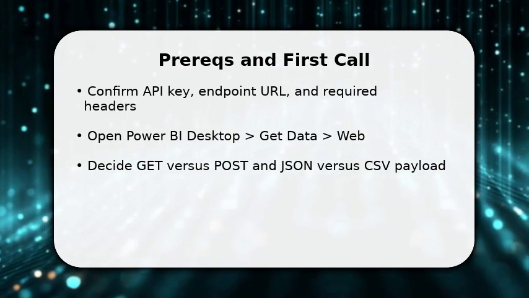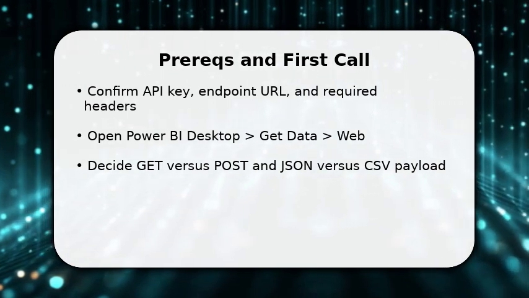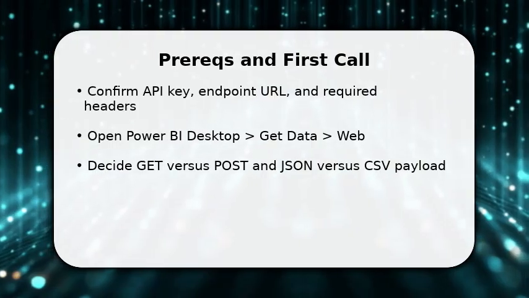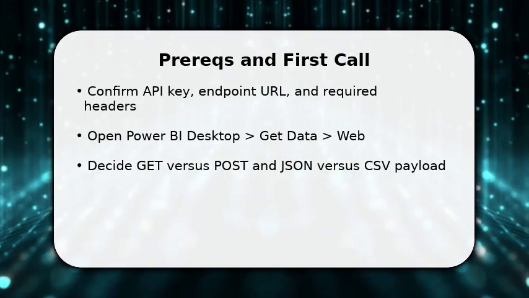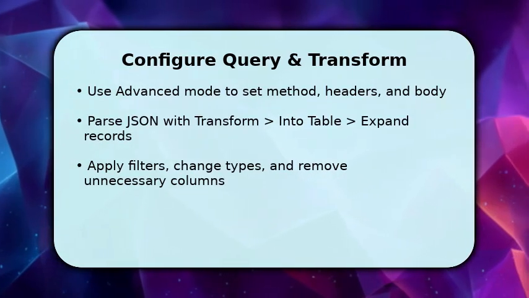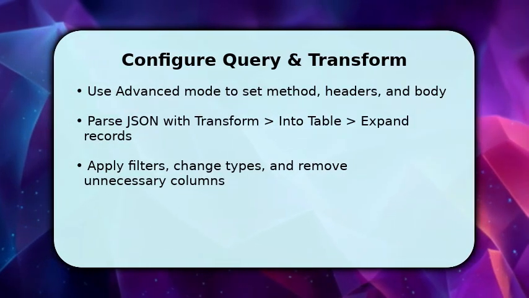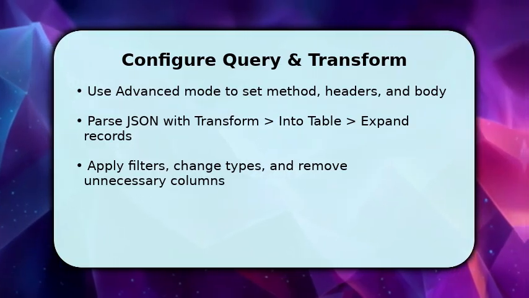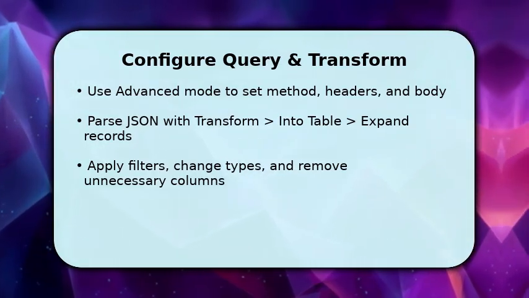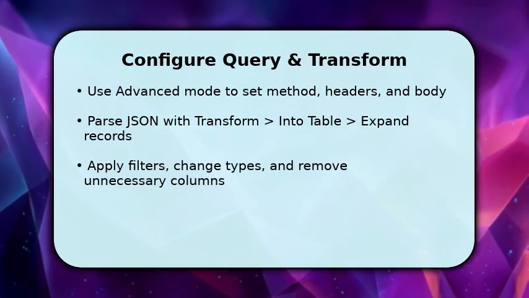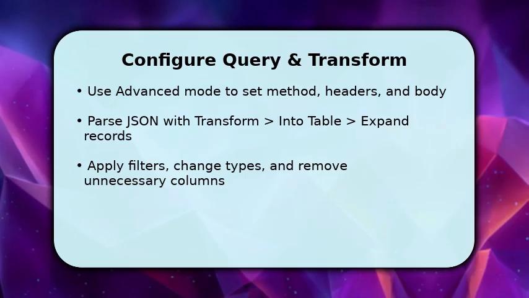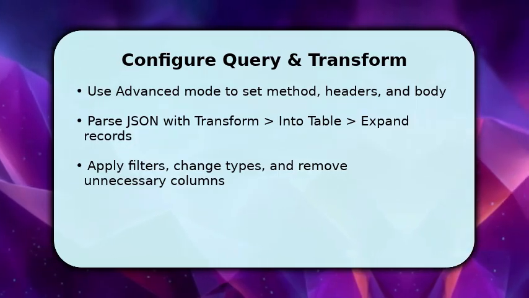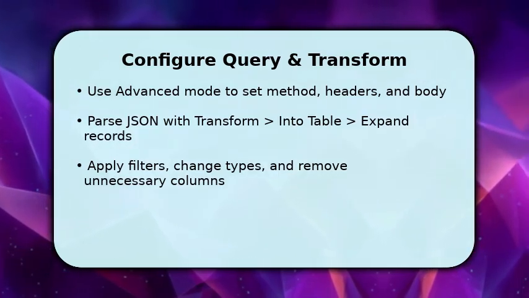Next, you configure the query. In the Web Connector, switch to Advanced and paste the URL, set the HTTP method, add header key, value pairs, and include a body if Post. Once Power BI retrieves sample data, use Transform Data to parse JSON into table, then expand records to flatten nested structures. You should then apply filters, set column data types, and remove extraneous fields so the model stays efficient. This reduces refresh time and prevents